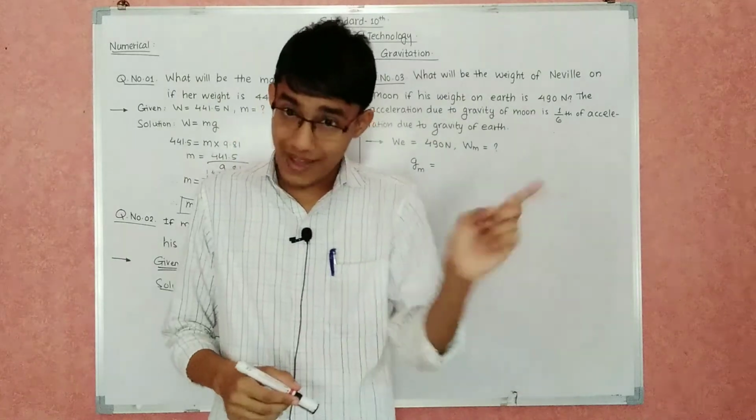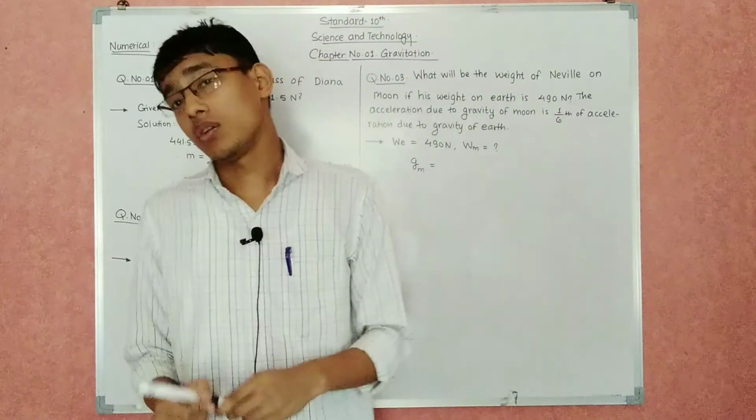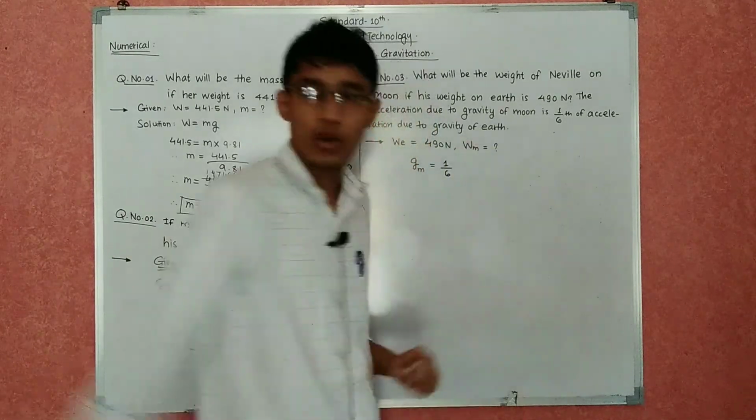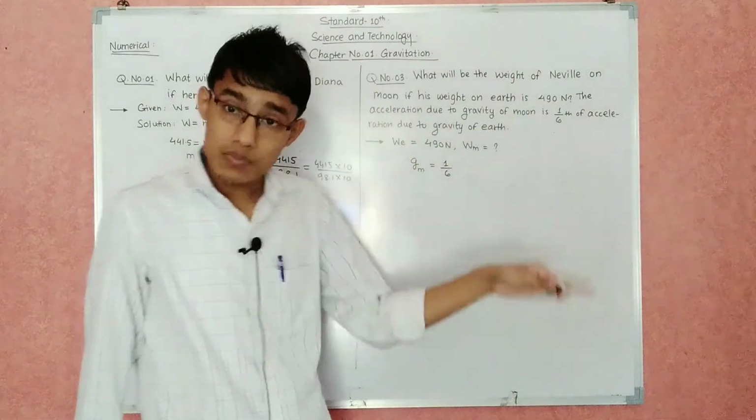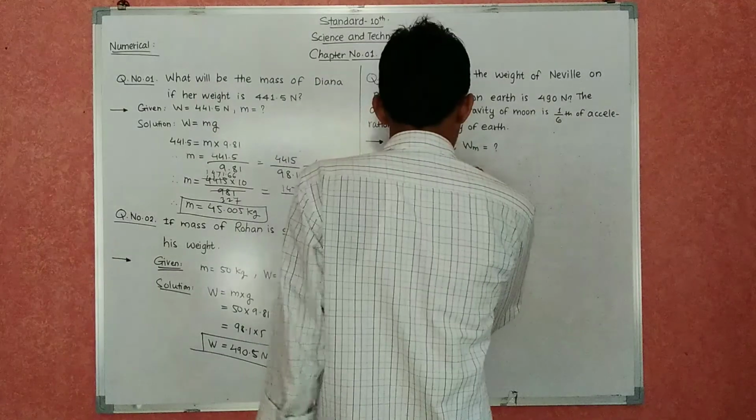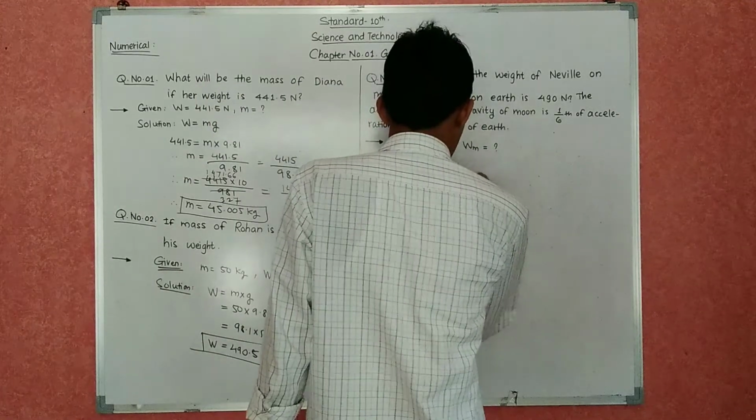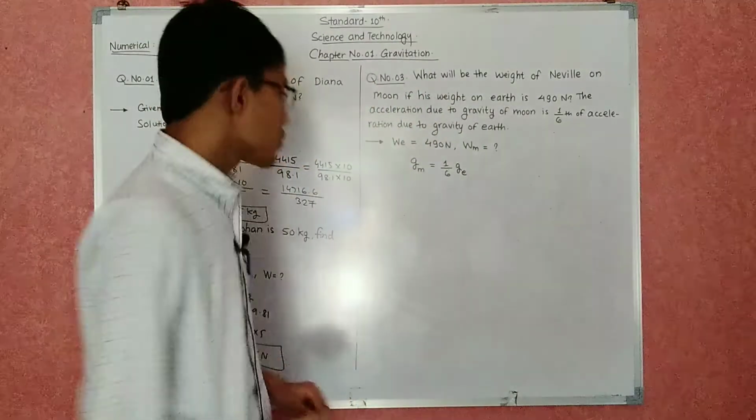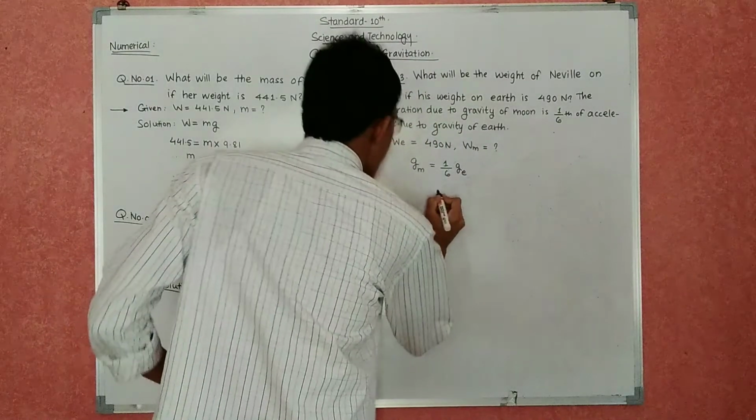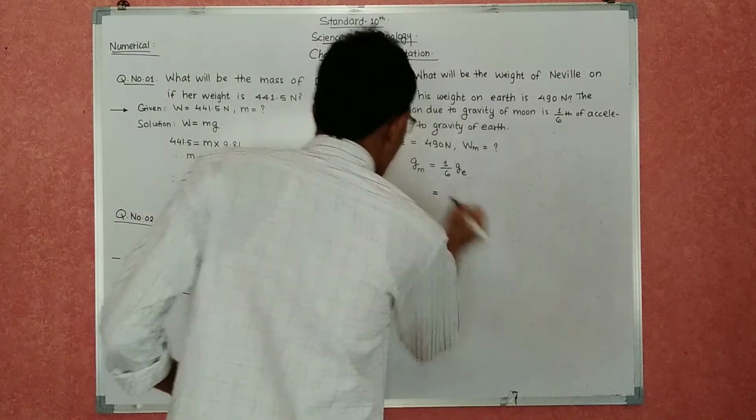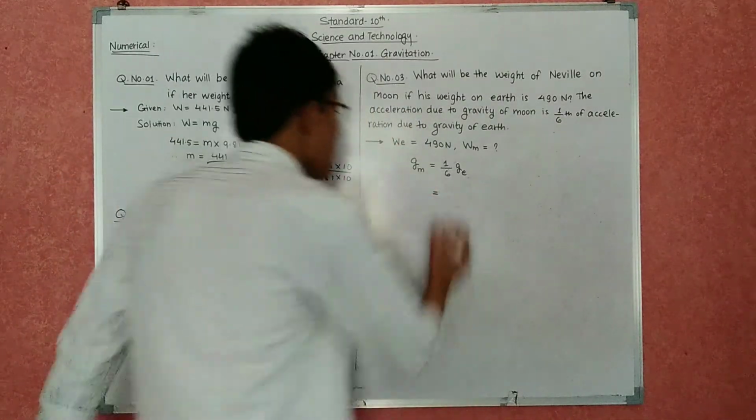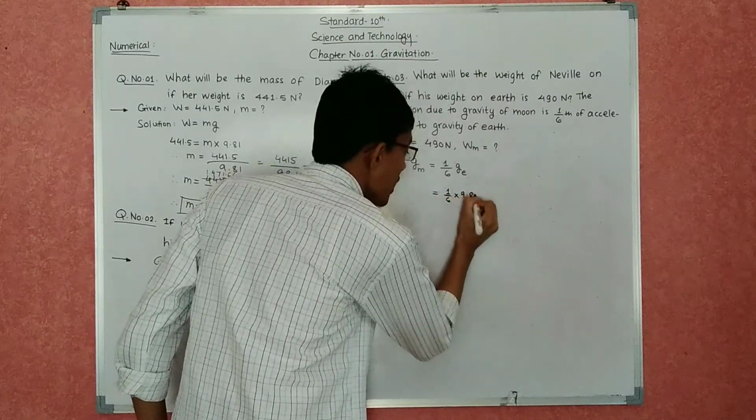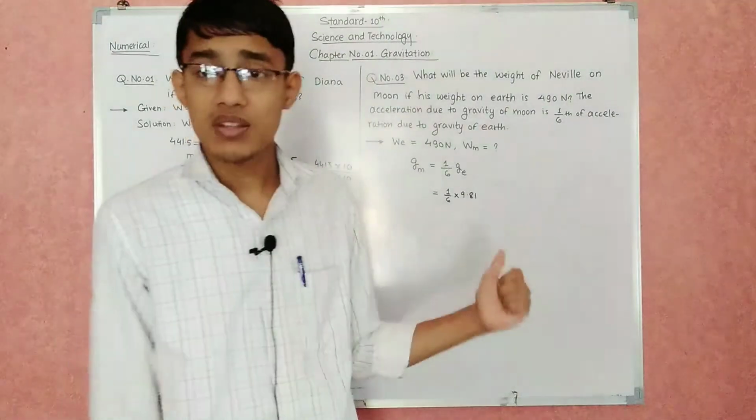1/6 of the acceleration due to gravity of Earth. So 1/6 times the acceleration due to gravity of Earth. Okay, so we know the acceleration due to gravity of Earth, that is 1/6 into, what is it? It is 9.81. Okay, so we have to divide this 9.81 by